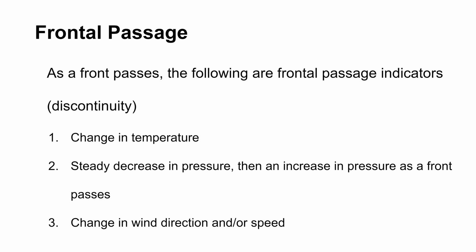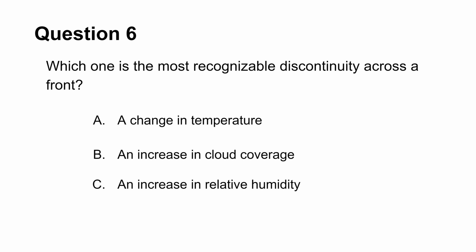As the front passes, a frontal passage will have the following typical characteristics or discontinuities: a temperature change, a steady decrease in pressure followed by an increase in pressure as the front passes, and changes in wind speed or direction. Let's go over a few test questions on air masses and fronts that can show up on your FAA Part